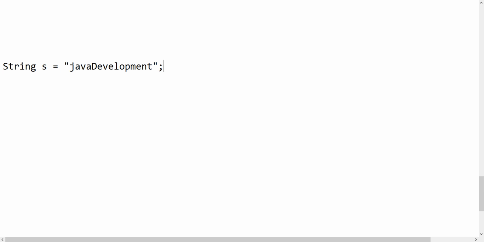Initially let us see what those characters are, and later let us see how to write the logic to get them. By seeing this, we can tell the non-repeating character will be J. Let us check, J is not repeating, so J will be the first non-repeating character. And what is the repeating character? If we take A, it is repeating again, so A will be the first repeating character and J will be the first non-repeating character. To get these characters as output, we should write the logic further.